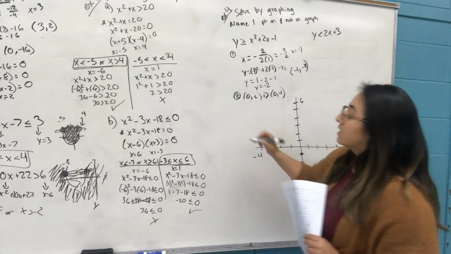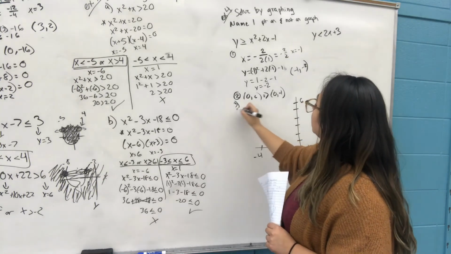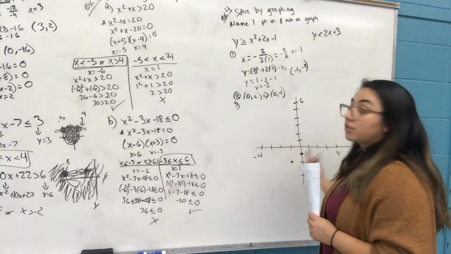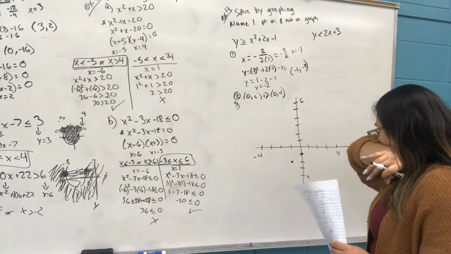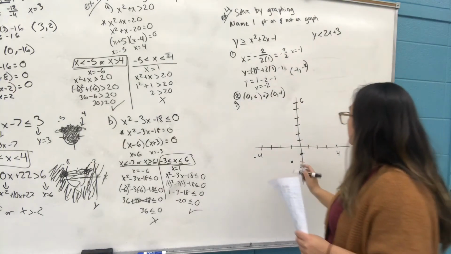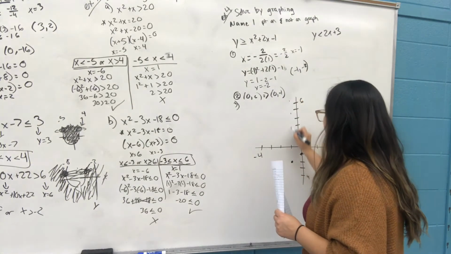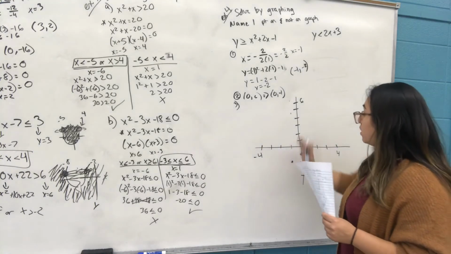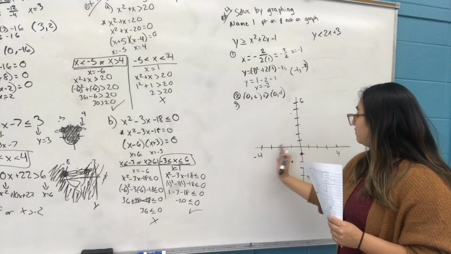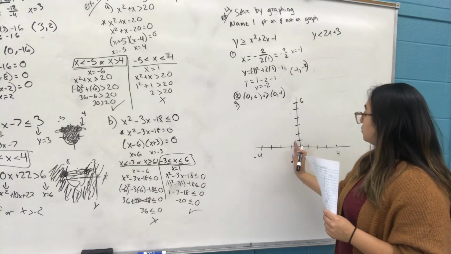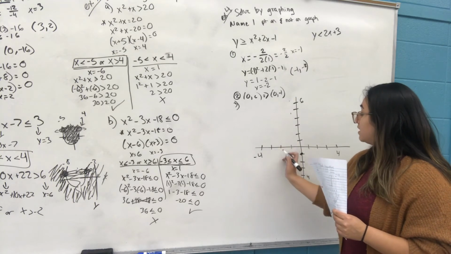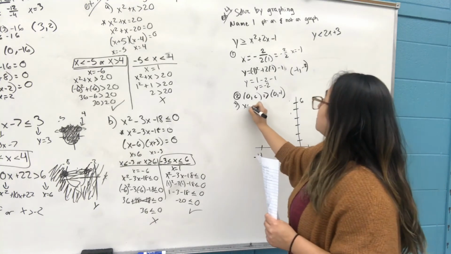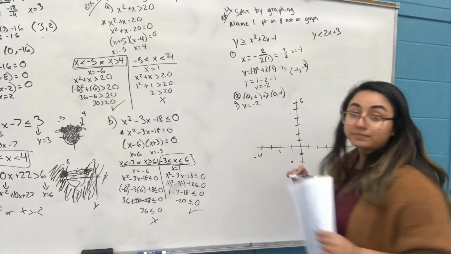Third step is you can't really find your roots because I tried graphing this, or I try factoring this. You can't factor it. So the other way to graph parabolas is to choose one point. This is considered the axis of symmetry. I'm going to choose one point on the x-axis to the left or one point to the right. So I'm going to choose one point to the left of it. Since this is -1, this is -2, I'm going to choose x being equal to -2, and I'm going to